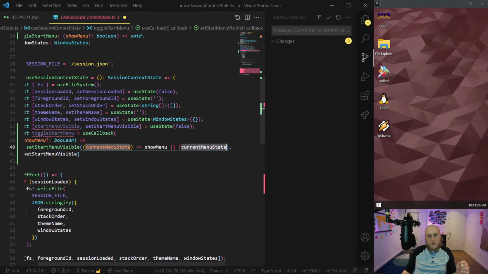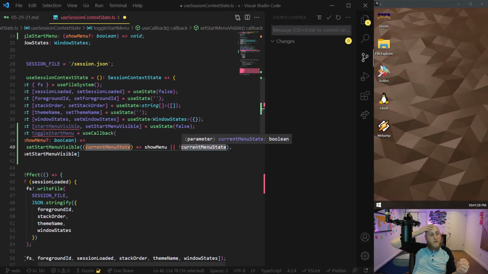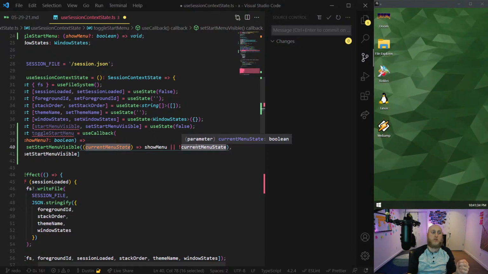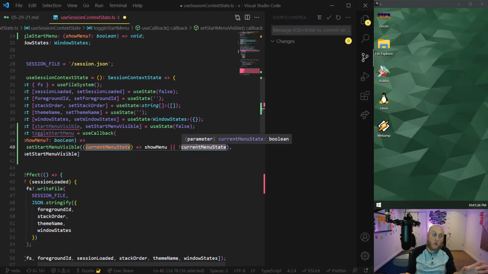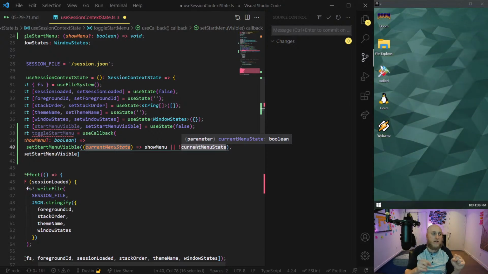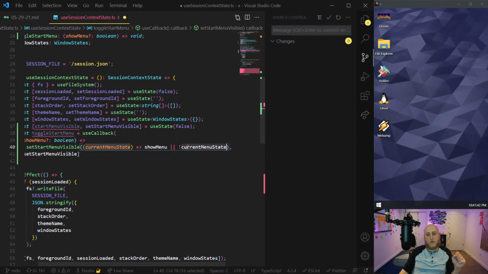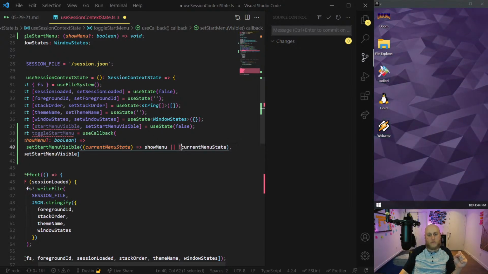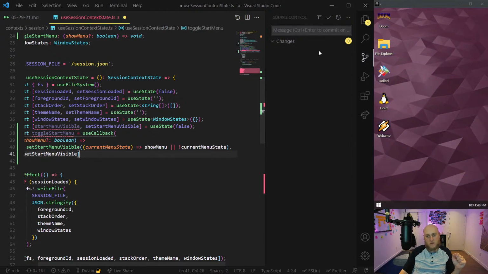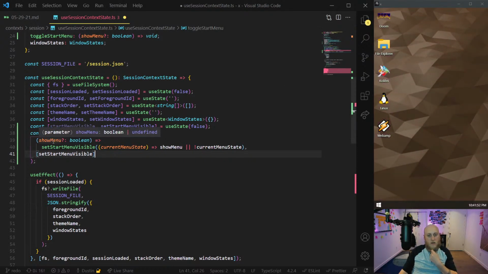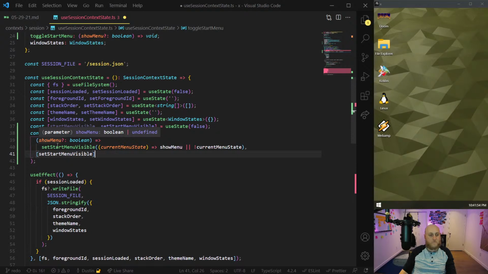But it's not the same spirit, because let's say the start menu was closed and I specifically sent the command toggle false, which in my mind would keep it closed. That would actually open it, I think, because this would be falsy and it would go to this. This would be false, which would convert to true, which would mean now it's visible. So I'm going to have to fix this because I don't like that. I really don't like that idea.